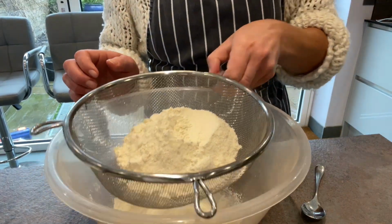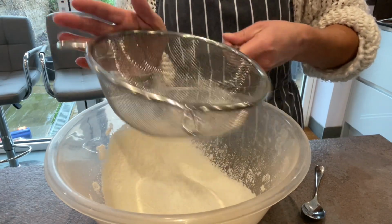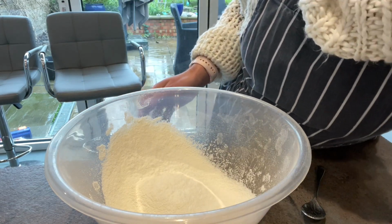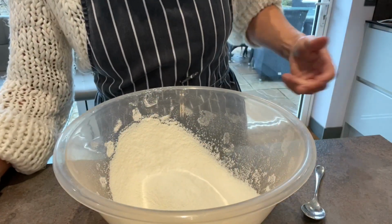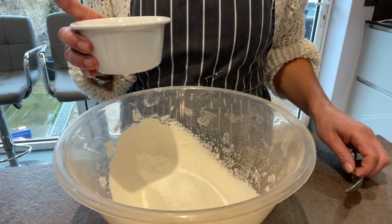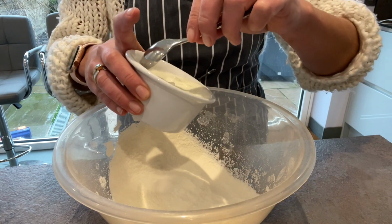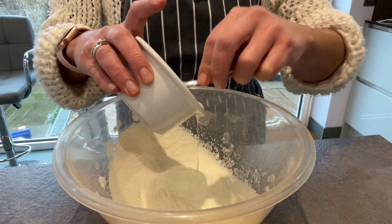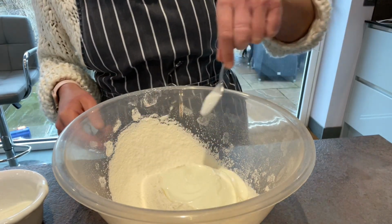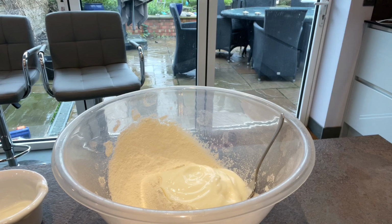Our task this week is to make soda bread. So I'm sieving 225 grams of plain flour into my bowl. And here I have 175 millilitres of plain yoghurt. So let's put some of that into the bowl. And then using your spoon or knife,